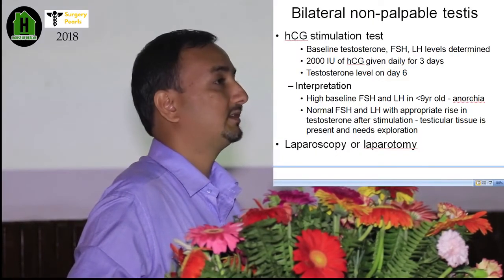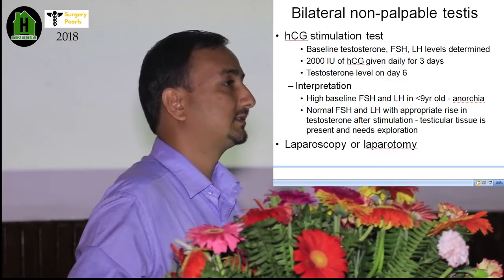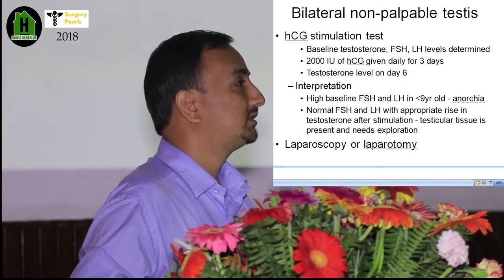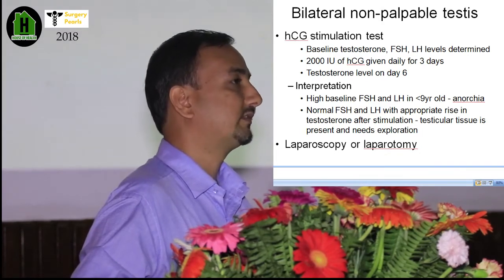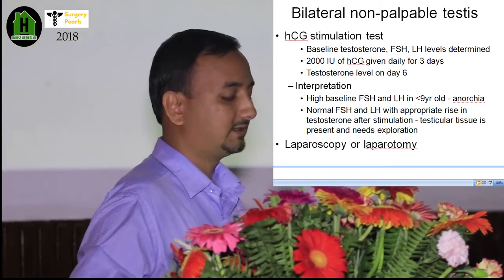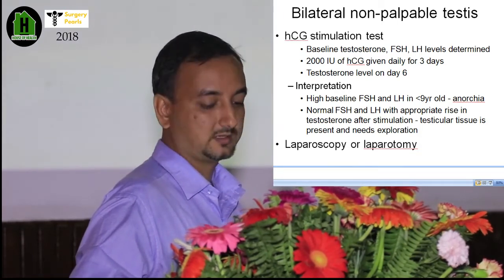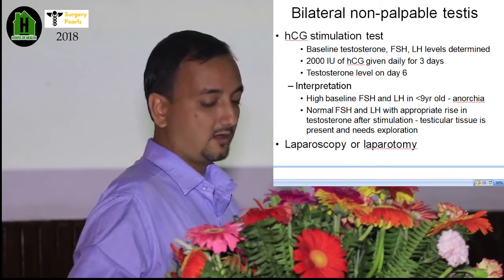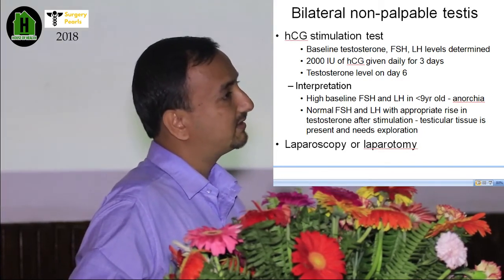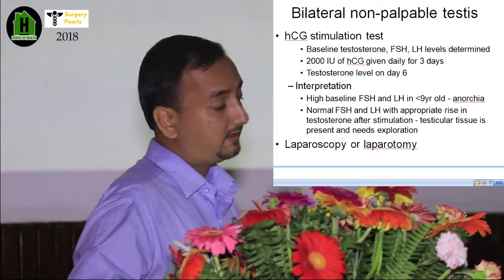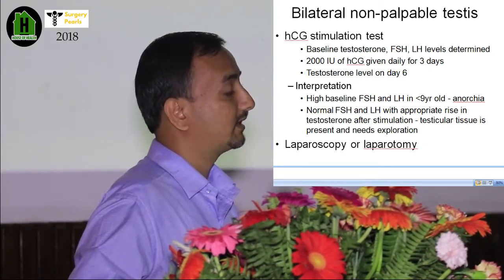Now the problem arises when there is a bilateral non-palpable testis, because you don't know whether it is a cryptorchid testis or it is absent. You don't know. So the first thing you have to make sure is whether there is testicular tissue inside the body or not. So for that we do an HCG stimulation test. We take a baseline testosterone, follicle stimulating hormone and luteinizing hormone level on day 0. Then we give 3 consecutive days of 2000 IU of beta HCG, and then we finally check the testosterone level